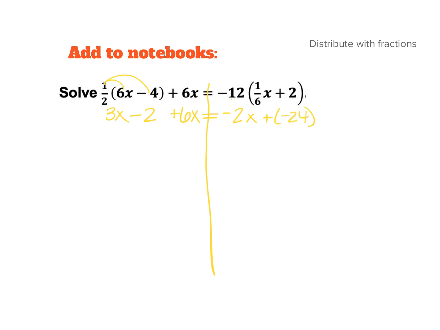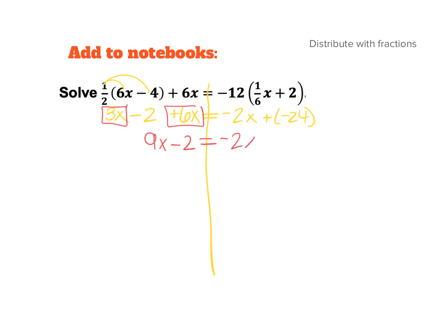Lots of little things to look out for there. Now we're going to go ahead and combine like terms. Over here I have a 3x and a positive 6x. Again, I always take that sign in front. And I see 9x minus 2 equals, on the right side I don't have any terms to combine, but I